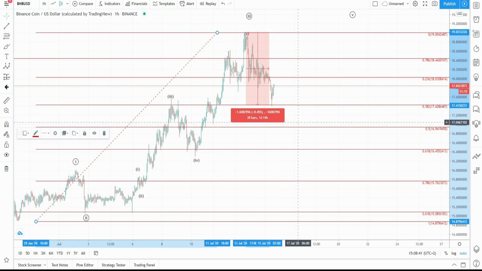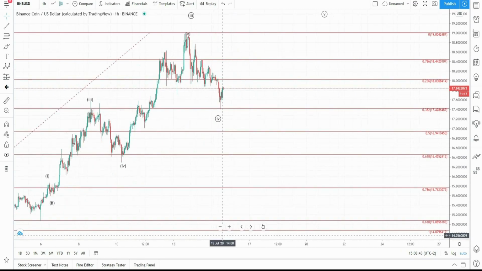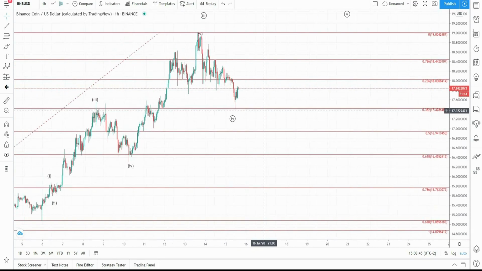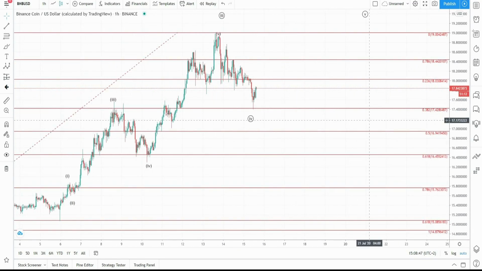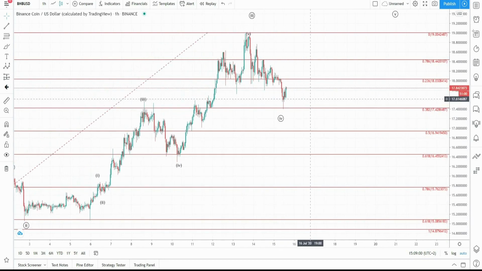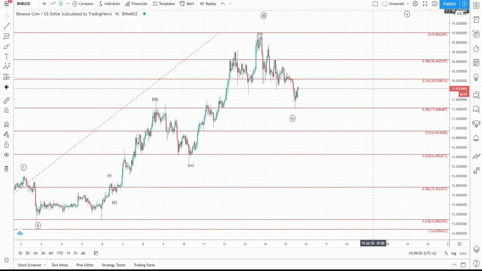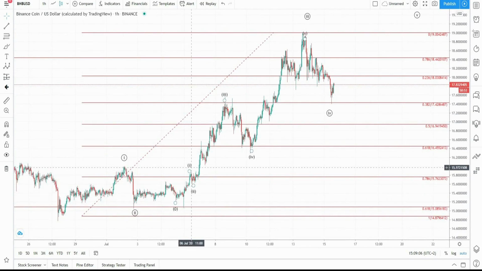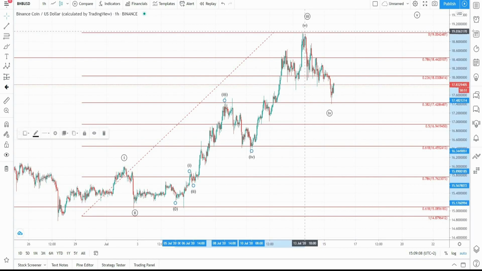8.45% to be exact, but has now started to show signs of recovery as it increased from the interaction of this 0.382 Fibonacci level at around $17.42 area. So now we could see a further upside movement, but it appears that this 5-wave structure has been completed,